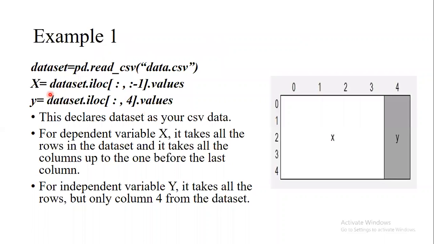So when I give x is equal to dataset, that's nothing but this variable name, .iloc, all rows. Simply giving only a colon means all rows, then -1. So excluding -1, that's nothing but your last column. Excluding the last column, the remaining everything we assign as the x variable. And the fourth column only is assigned as your y variable, correct? So you define your x and y here.